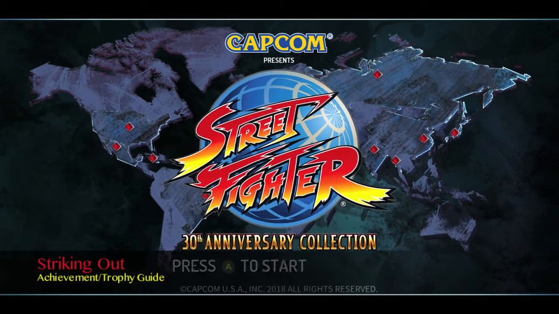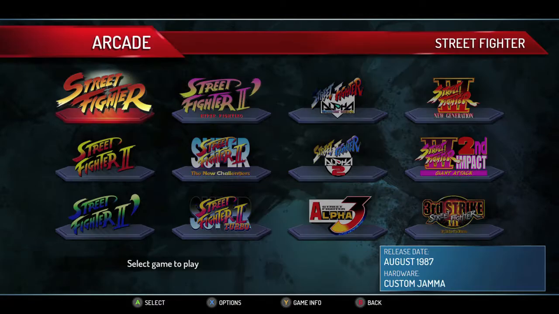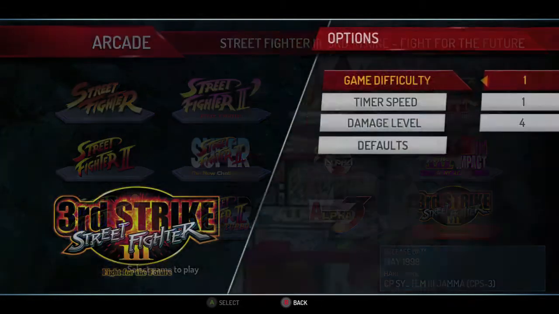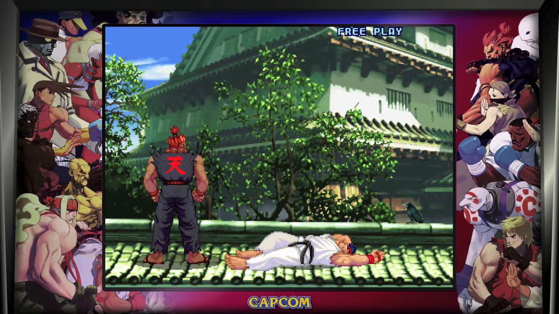Here we are today back in Street Fighter 30th Anniversary, grabbing the Striking Out achievement. This is to beat Third Strike, so same options as always. Make sure you turn that difficulty down, turn the timer up, and then turn damage up, and then start up